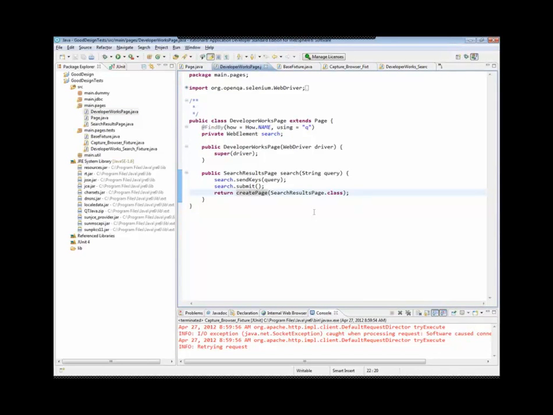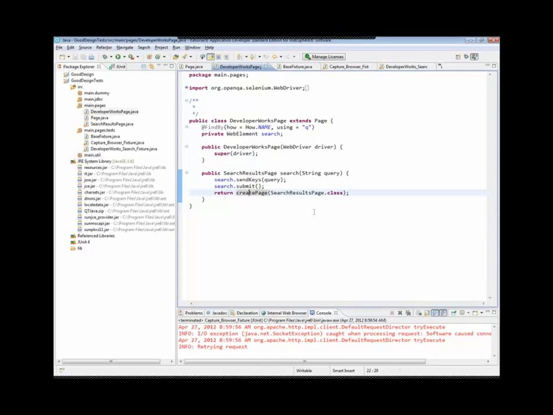So for every page that we want to test in our end-to-end regression unit test system, we need to create a corresponding page object within our unit tests. This page object defines various elements on it that we want to use in running the test.